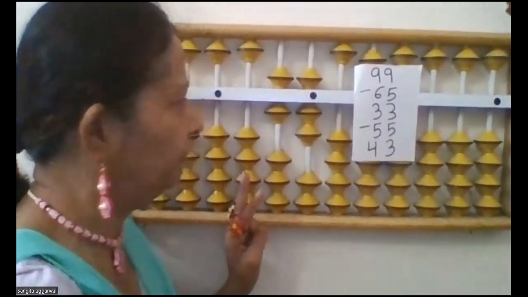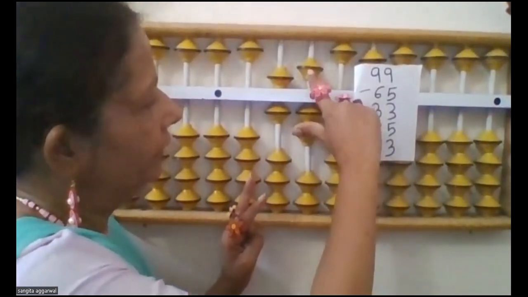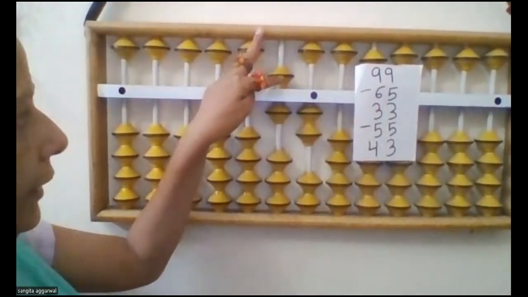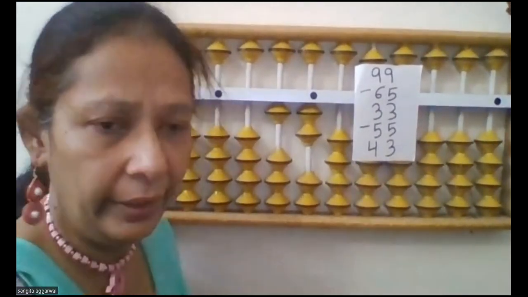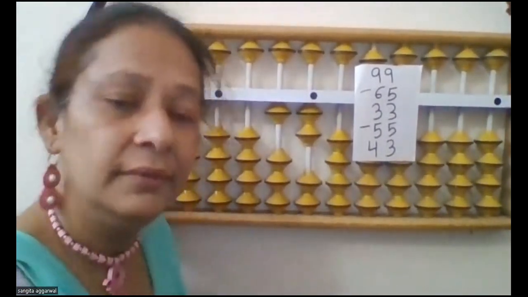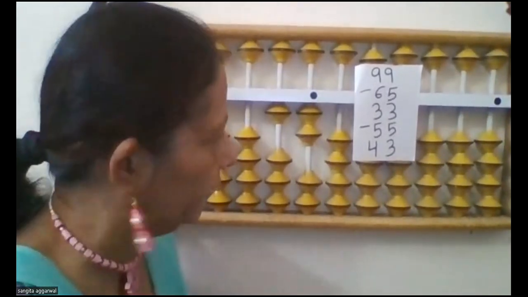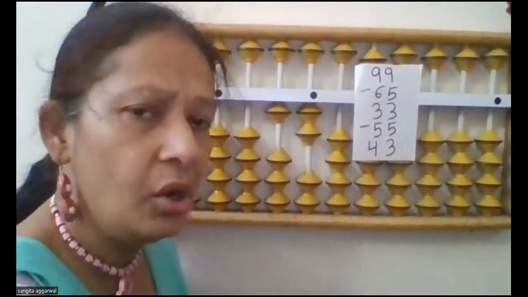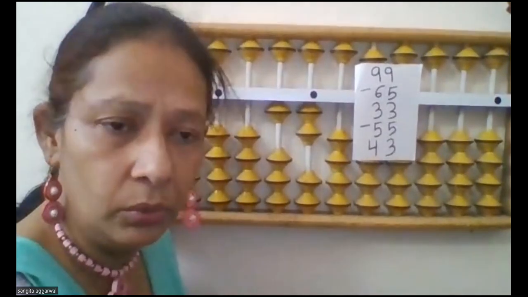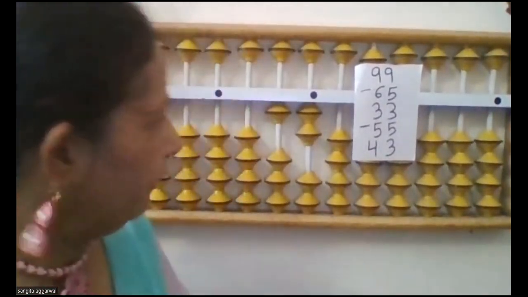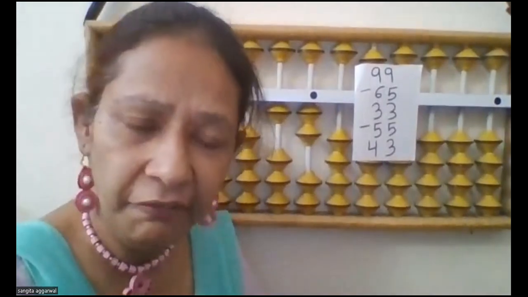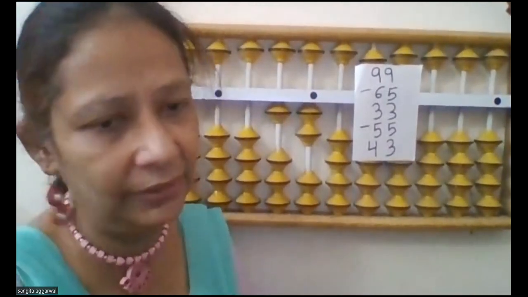Now minus 55. So minus 5 and minus 50. Now you see here add 43. This is very important. Why? Because here you will use two formulas. You will use the add 40 formula which I had taught you in my previous video, and this is very